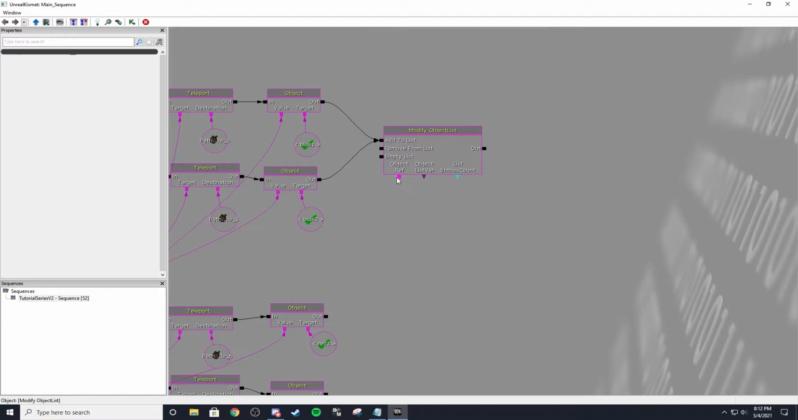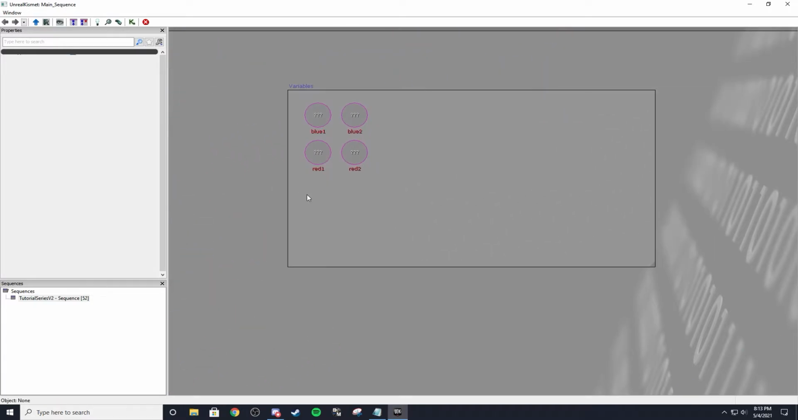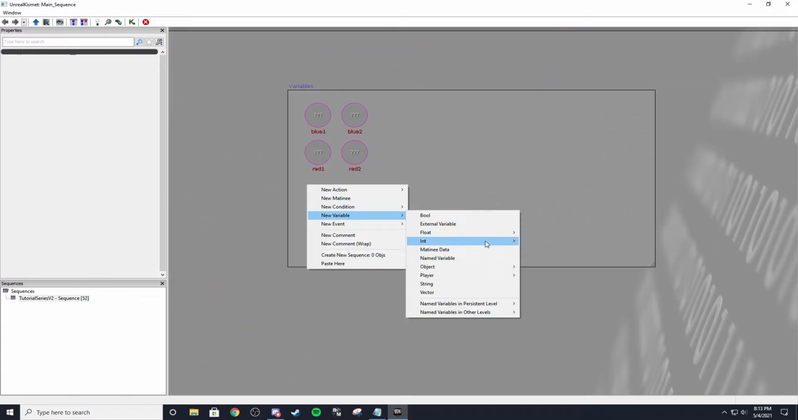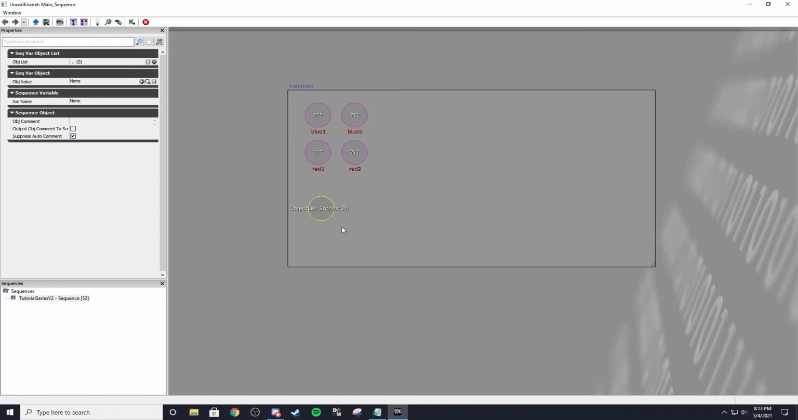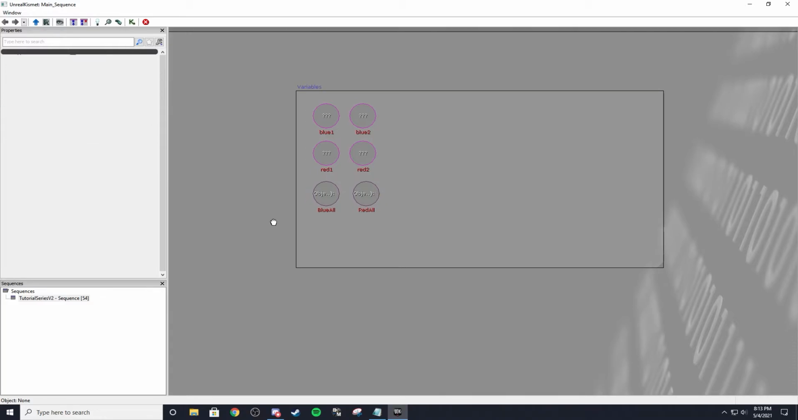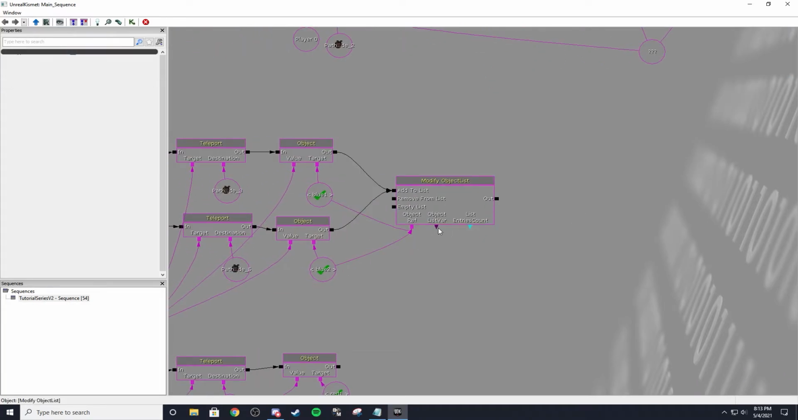And after these are done, add to the list, just like that. And then the object list variable, we're going to create a new variable up here in our named variables. Object list. And we're going to name this blue all. And then copy paste and name this red all, just like that. So we got blue all and red all. So now if we hit add and left click,